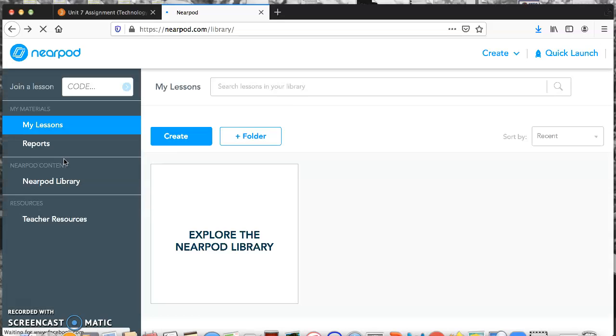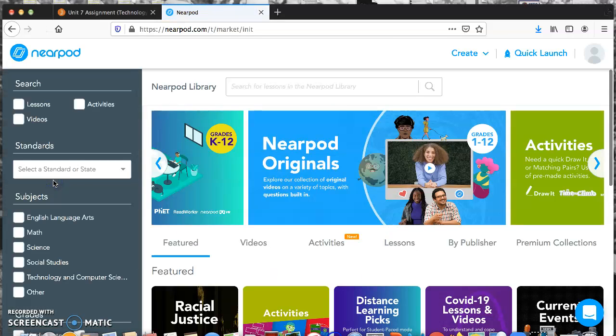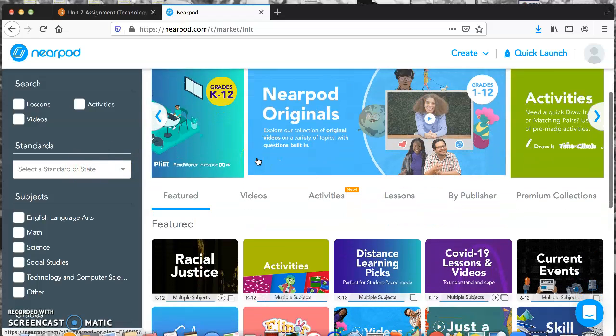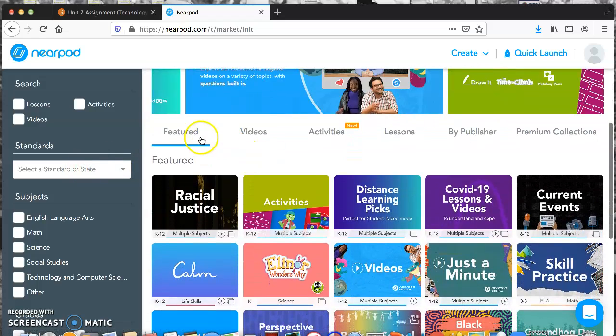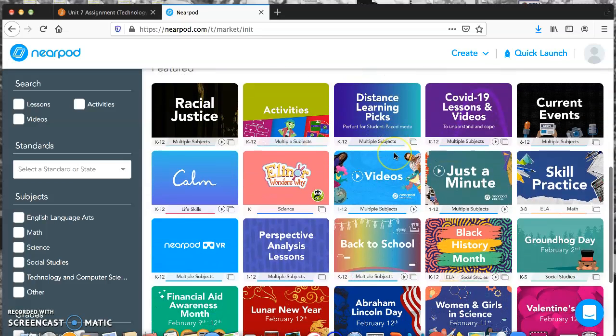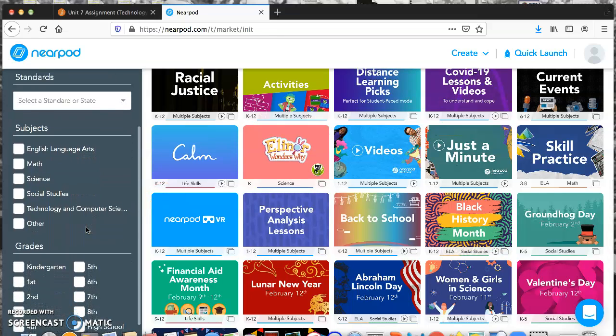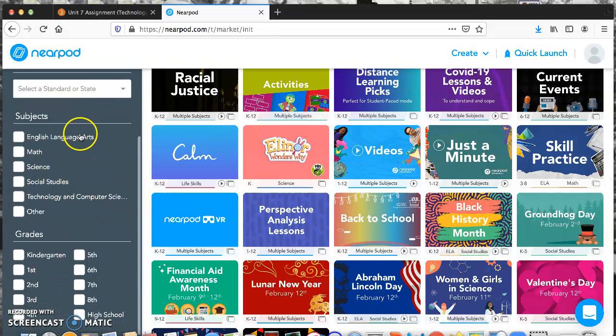The really neat thing about Nearpod is that there is a whole entire Nearpod library. This is where you can go to get already made videos, activities, lessons, all different kinds of things to choose from. If you go over to the sidebar, you can even choose what subject area you are looking to teach